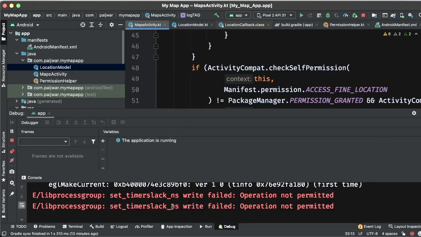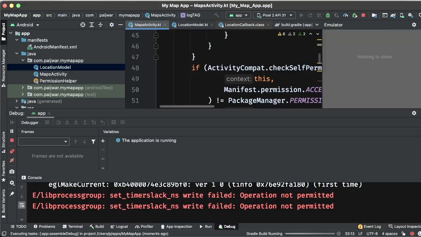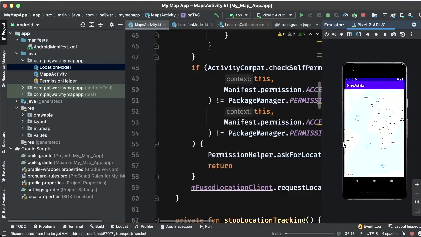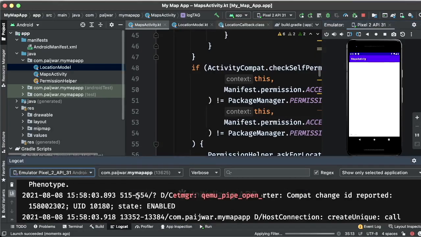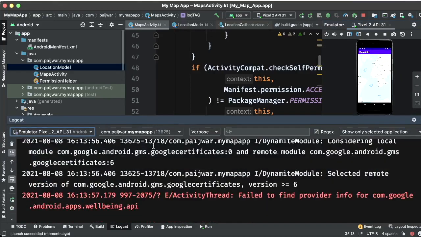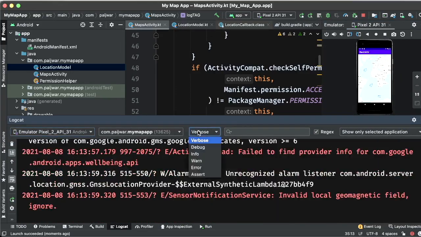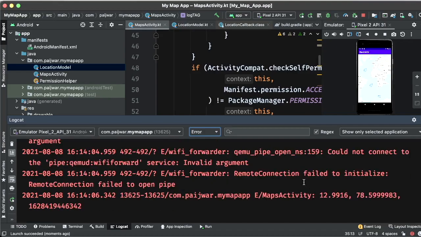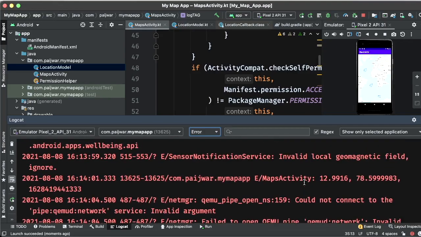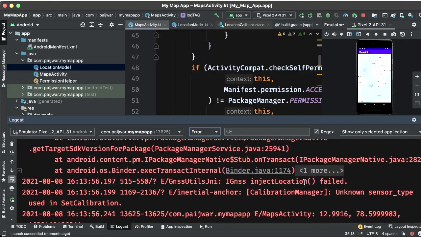Now we'll run it and we'll see if we are getting the locations. So we'll put it into error mode and then see, okay, we got the location of where we are.